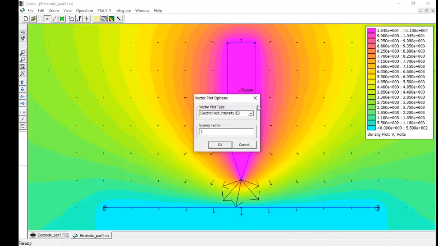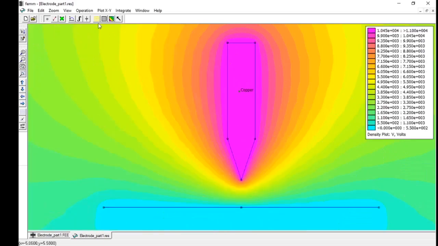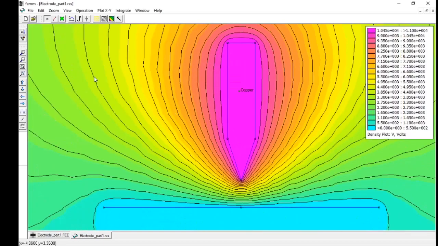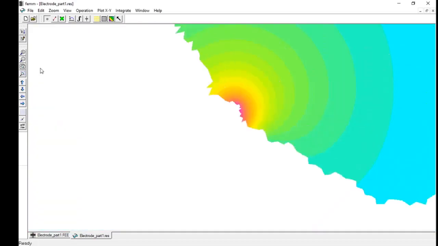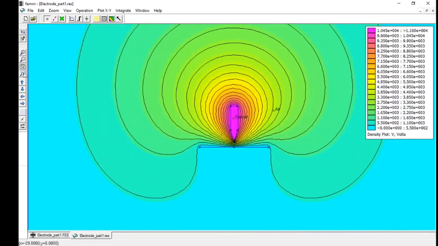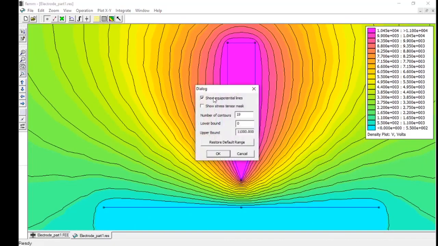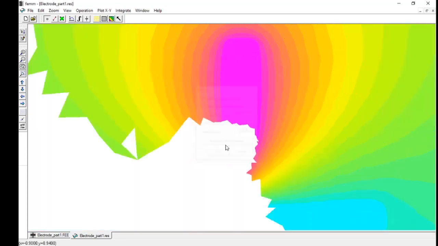And we'll just remove the vector notation, and if you want to see the equipotential lines, we'll click on this. So this is the equipotential line you can observe. Fine, so one can again suppress it. Let me just recheck it.